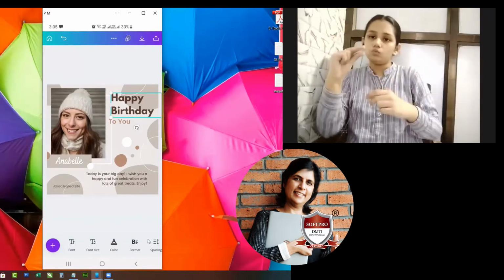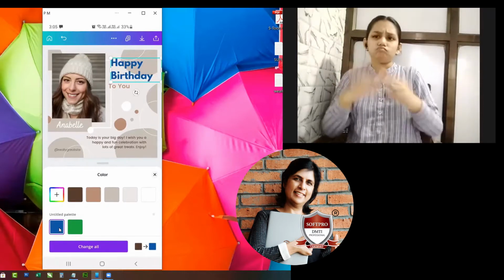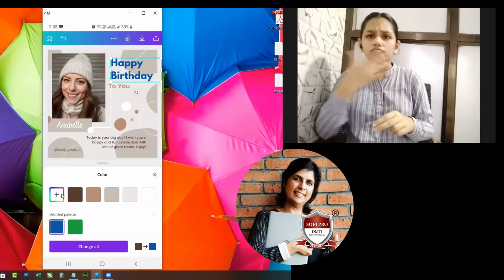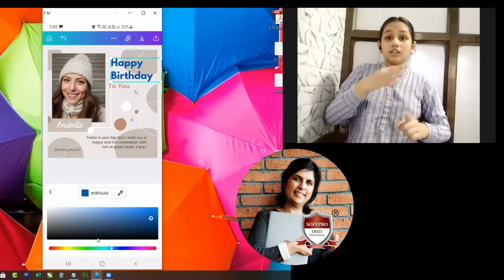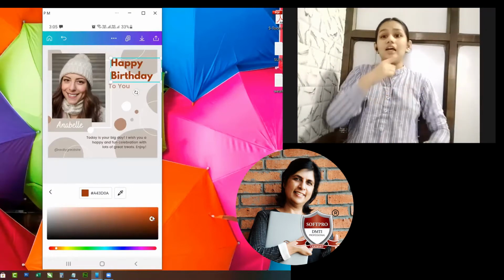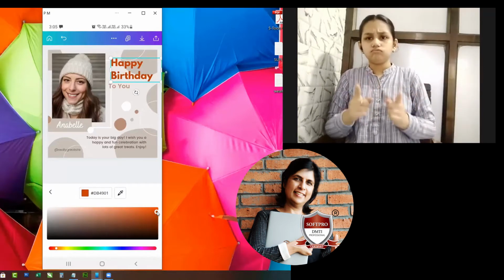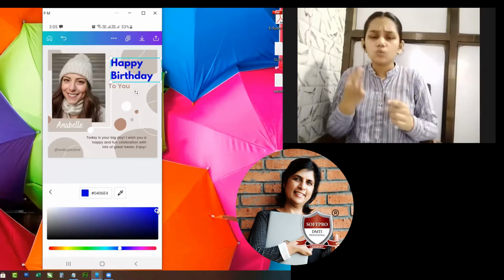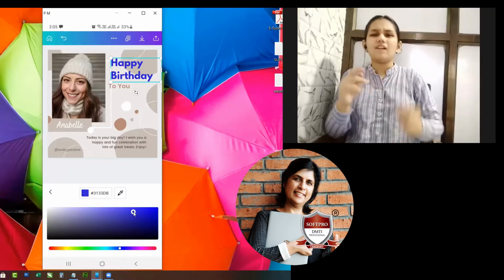Then I have color. If I want to change the color, I can make it blue color. If I want another color, I can click on this plus sign and I click here and I get this red color. I can move the slider wherever I want and select whichever red color I want. If I want blue, I go to this blue area and I select whichever blue I want.